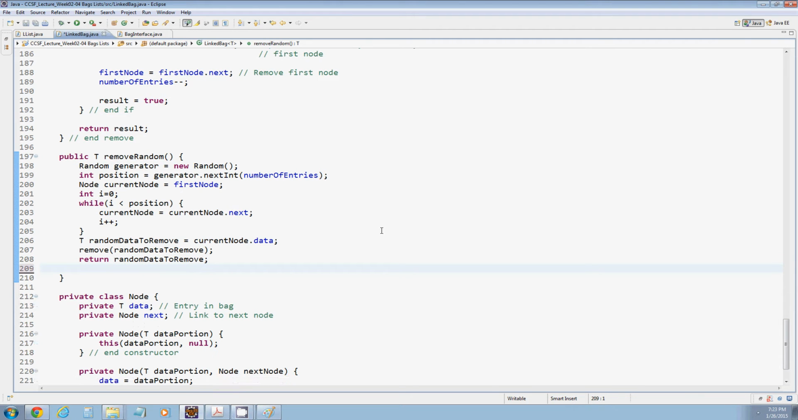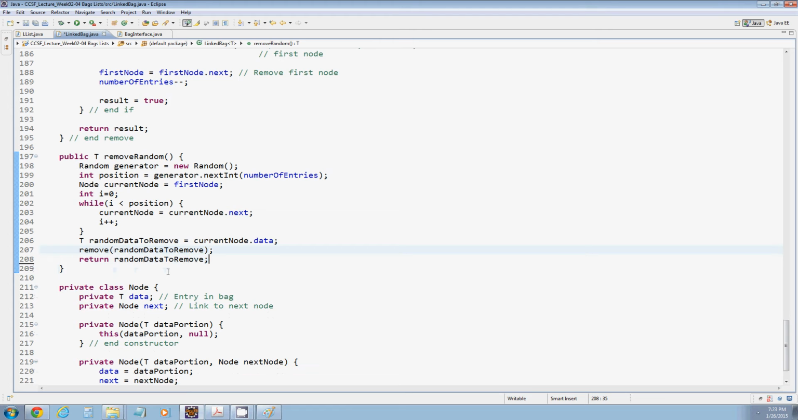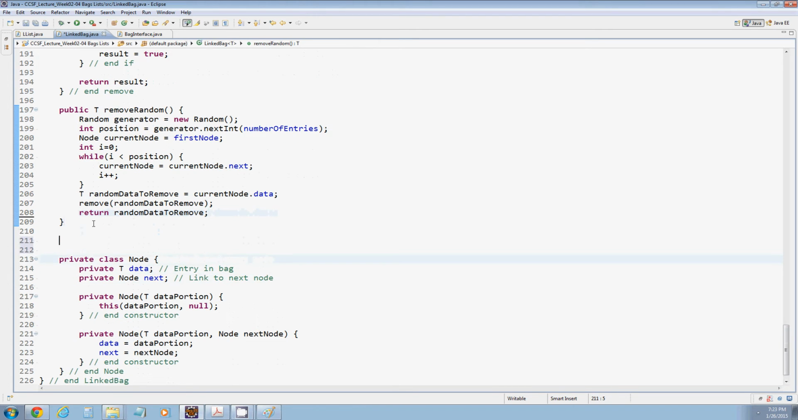Okay, so that is the remove random method. And again, we're taking advantage of this idea about pointing a variable at the node and then advancing it along, only instead of advancing it all the way to the end of the chain like we've seen so far, we're only advancing it a certain number of positions. And then we're taking advantage of some of the existing methods like our existing remove method to take that random data off the chain. The last method we're going to add is an equals method,